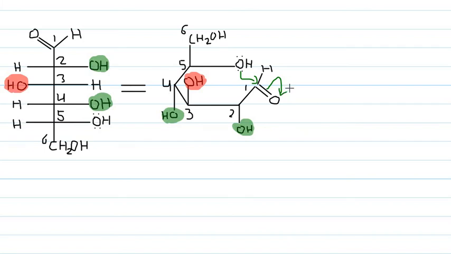Then there are two possibilities. There is a formation of O minus and there is formation of O plus H. Oxygen has electronegative character. As soon as the positive charge comes here, it will lose a proton, and that proton will be accepted by this O negative. So there is a formation of a new OH group. This OH group is either on the downside or on the upside. So there are two possibilities. Let's consider both the possibilities.